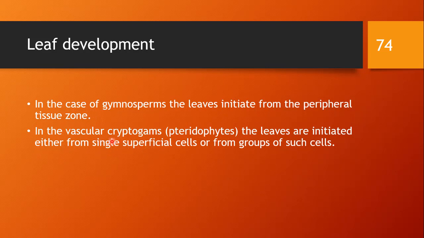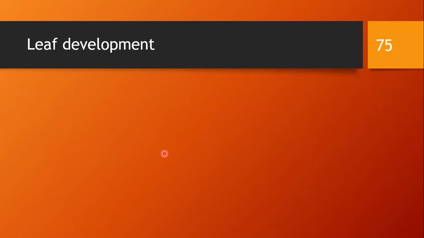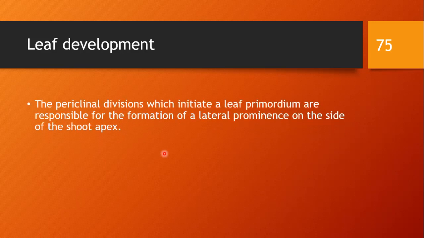So either they take place not from the tissues but from single superficial cells or from a group of superficial cells. Superficial means those present in the first layer, in the surrounding peripheral zone. Periclinal divisions, which initiate a leaf primordium, are responsible for the formation of a lateral prominence on the side of